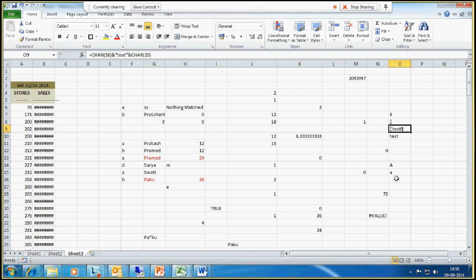So this is the clean function. Clean removes the non-printable characters. Is it fine? So the next thing is